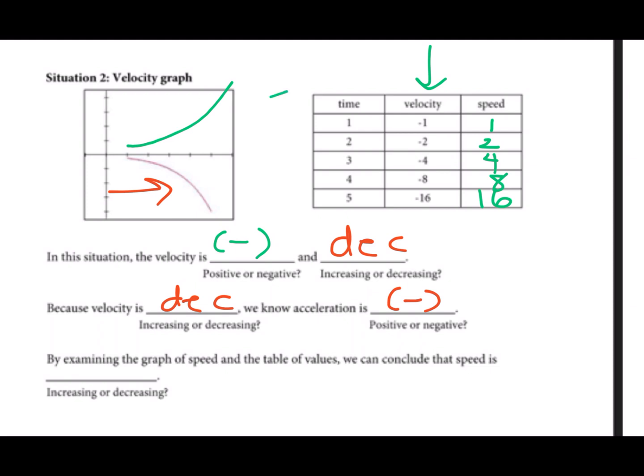If you look at this green graph here, is that graph increasing or decreasing? If you look at these values here, they go from 1 to 2 to 4 to 8 to 16. Are those values increasing or decreasing? They're increasing, okay? So we have a graph where velocity is negative